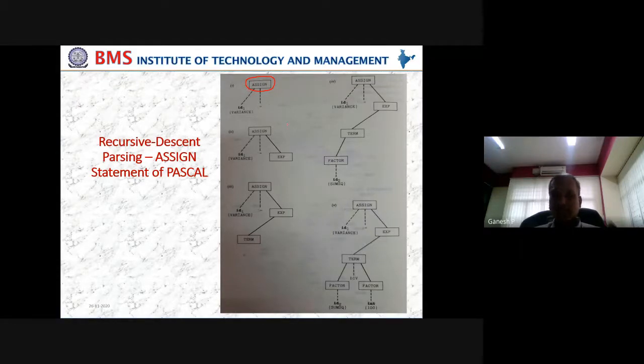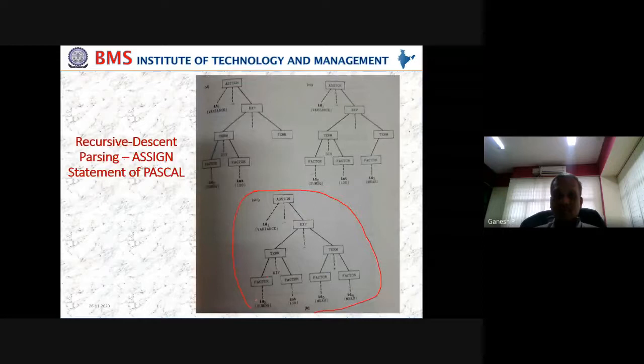So one is the diagram and how it flows from top to bottom, that is from the root node to the leaf nodes, and also the non-terminal symbol of the highest definition, which is assign in this case, and hence assign is used in the beginning itself. If you come down to the last diagram, you see only the leaf nodes at the end, which are going to be our IDs or integers, which are terminal symbols. All other symbols on top of them are going to be non-terminals.